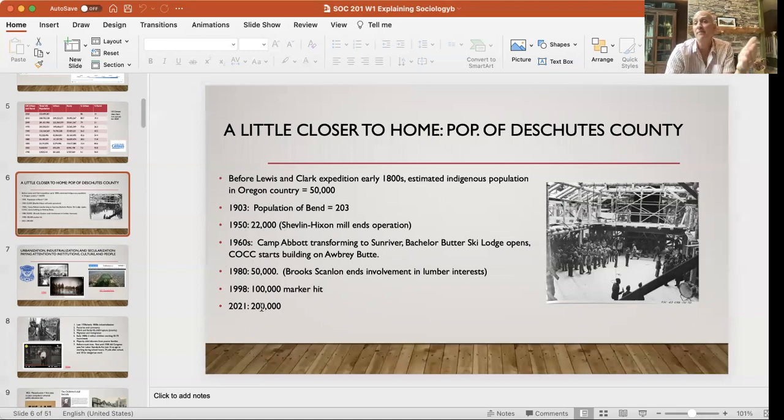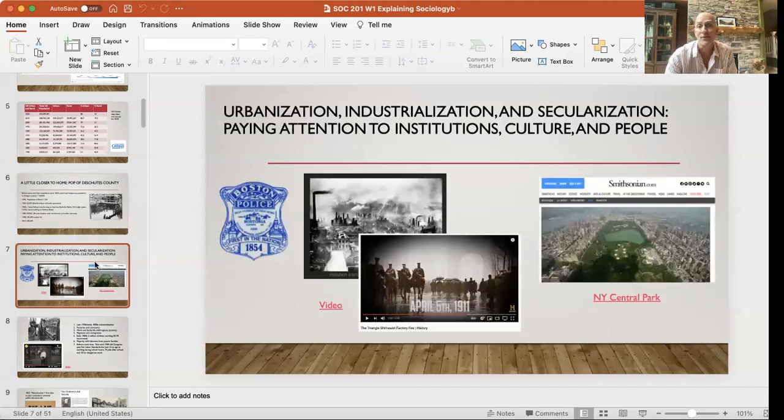So if you've lived in Central Oregon for a period of time, you notice this transition that's going on. People coming in, we have all kinds of challenges because of that, housing, among other challenges. So the more we can understand these things, the more we can understand the human experience in our communities, and then understand how to potentially make change.